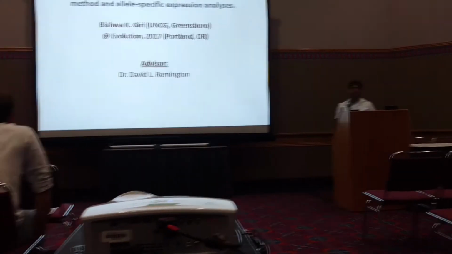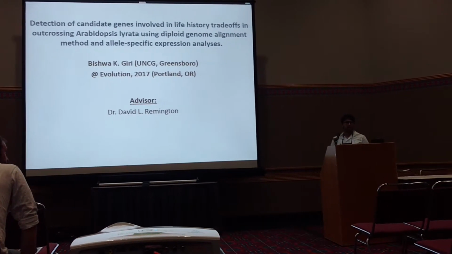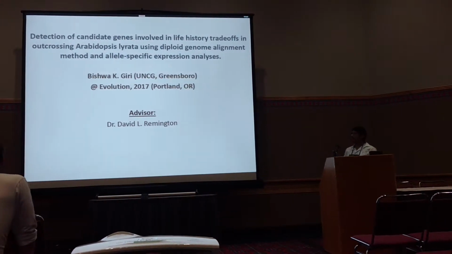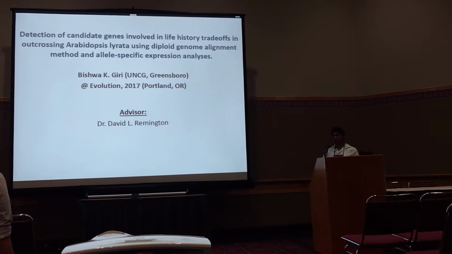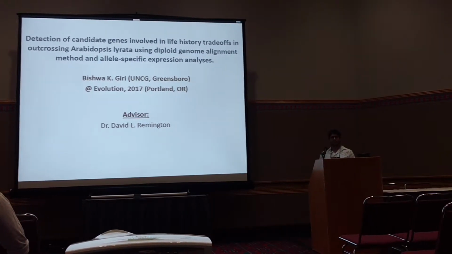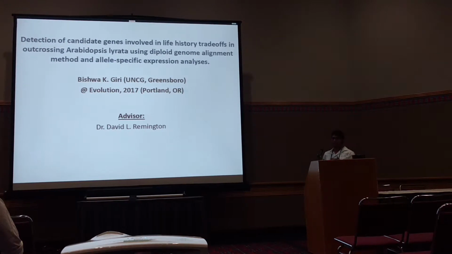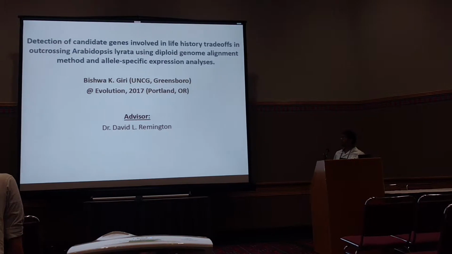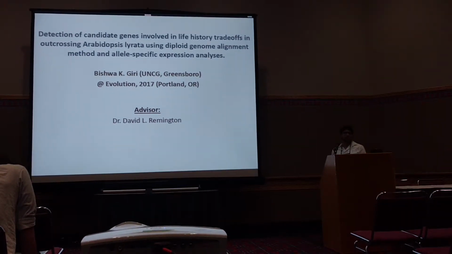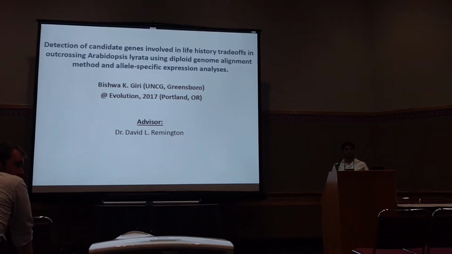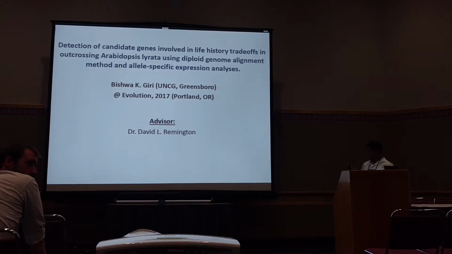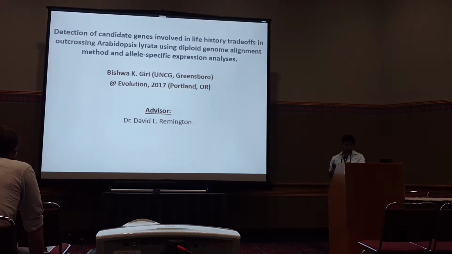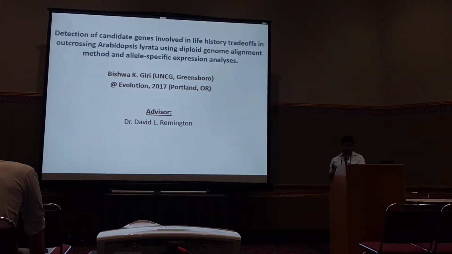Classification of candidate genes that are involved in life history trade-offs in the outcrossing model Arabidopsis lyrata. I actually started this project about 3 to 4 years ago, but I constantly came upon the hurdle of encountering mapping biases. The reason being, one of the populations is more closely related to the reference genome, and there was always more tendency for that population to align with the reference genome. So I'm taking a deeper genome alignment approach to identify the candidate genes that are actually involved in